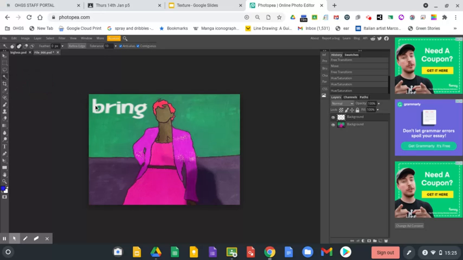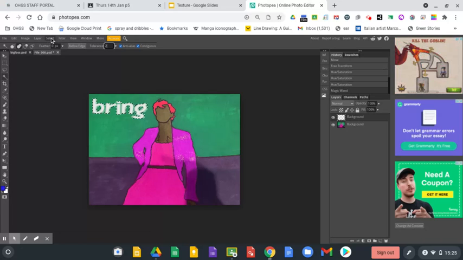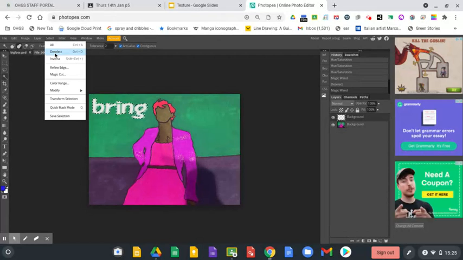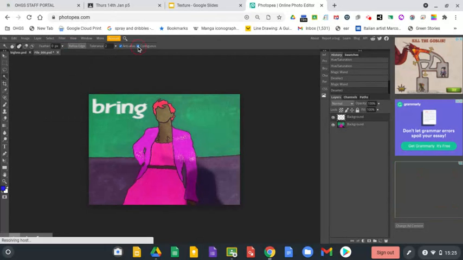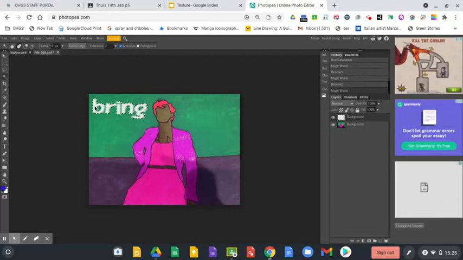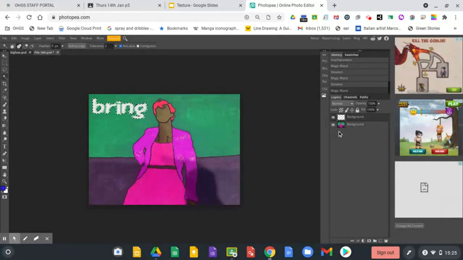So if I click on the lettering, I'm going to take down the tolerance and make it a 2 and just do a select, deselect, because it got bits of the green in between and I don't want it to do that. So I'm also going to deselect that and untick this contiguous. So this will only get pixels that are touching the pixels like itself. Okay,